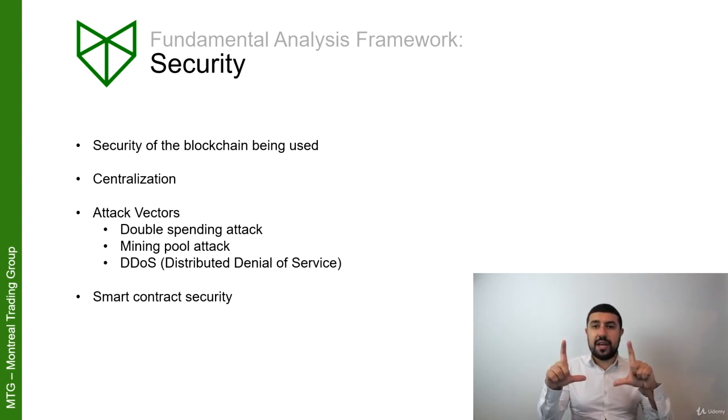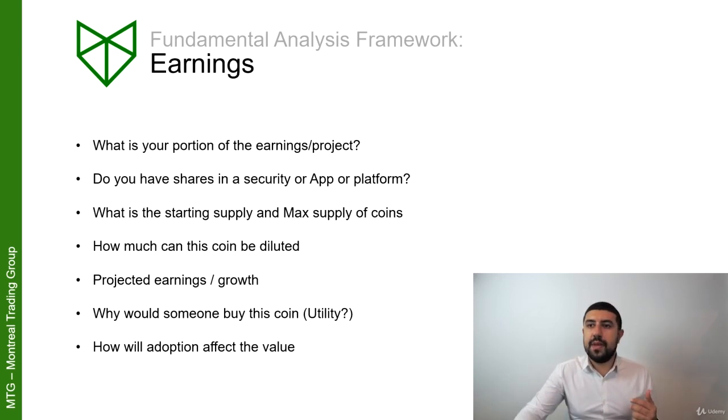There are smart contracts that had little bugs in them that were exploited in the past, and people lost huge amounts of money. This is why a lot of coins or tokens, when they create smart contracts, basically give out bounties to people to try and find any error and pay them, so they can resolve any issues and not have any bugs in their code. So has that been done? Is it robust? Has it been on for a long time so that you're certain that there are no issues? Very important, right? The security.